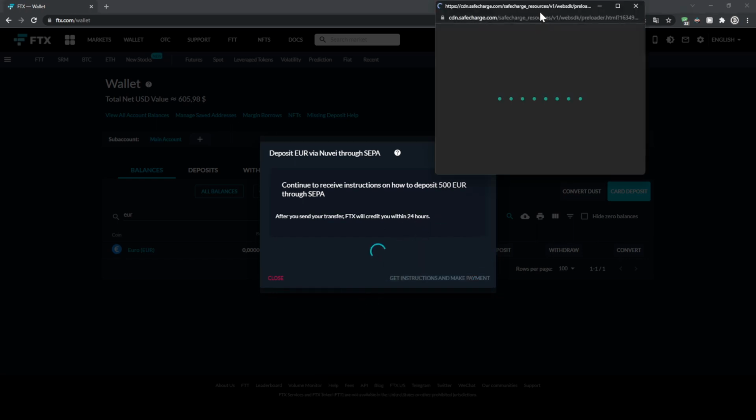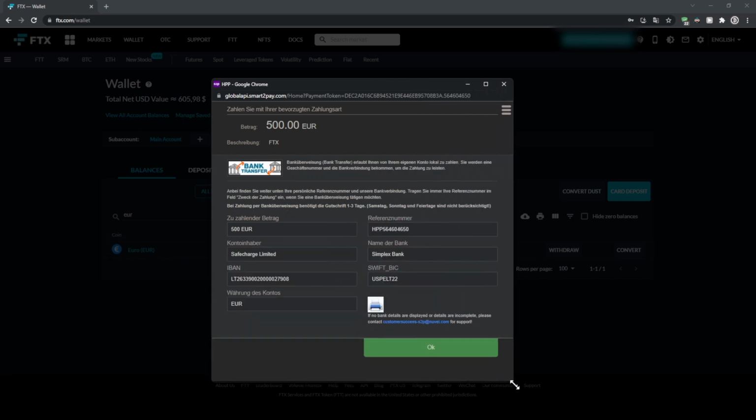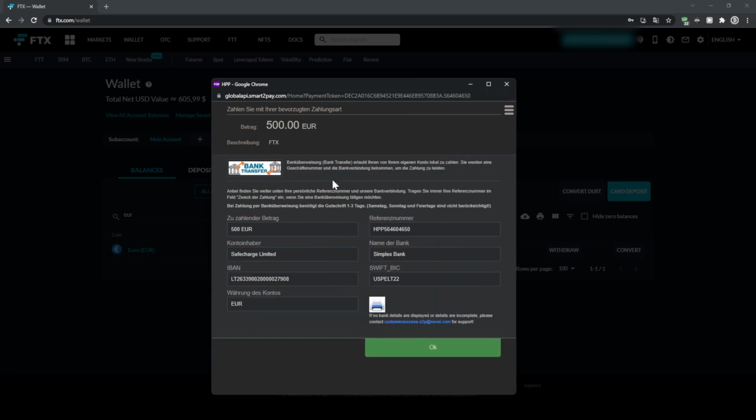Click on get the instructions. Then this new page opens where we get all the information we need to make our deposit. In this case, it's in German. I don't know why it recognized that I'm in Germany, but this is basically the amount you want to deposit. This right here is your reference number that you have to include in your bank transfer, in your SEPA transfer. This right here is the recipient name. And this right here is the IBAN, of course, which is basically the account number that you have to send the money to. And then you can just click OK,